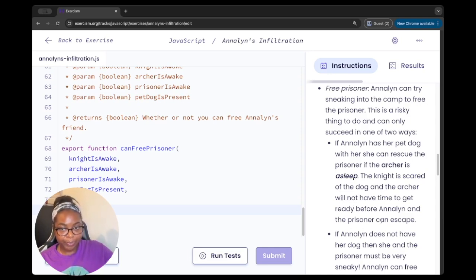So before we actually move on to the next condition, I'm just going to figure out the first one. So I'm going to write this the long way out. If I was, let's say, new to coding and I came across this question, I'd straight off start with an if statement, just because I need to check certain conditions, whether they are true or false, and then I just need to return true or false. So starting with the if statement, Annalyn is able to rescue the prisoner if she has her pet dog with her. So if petDogIsPresent, so if this is true, and